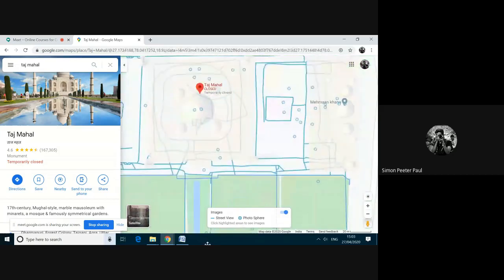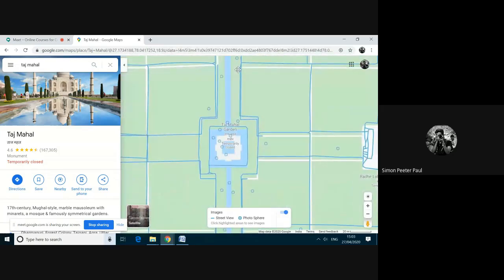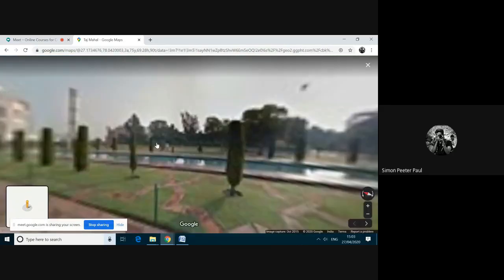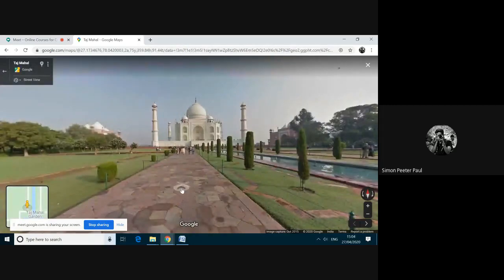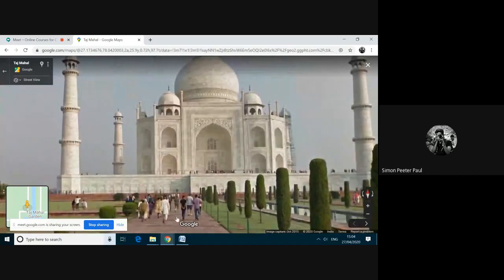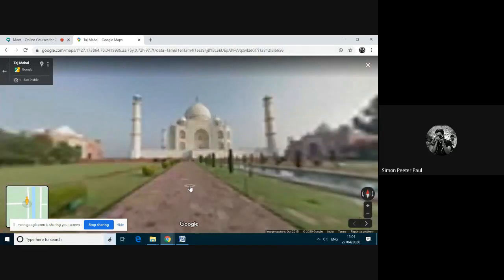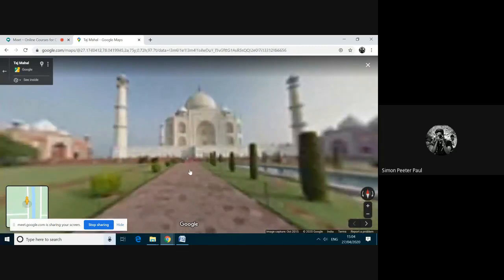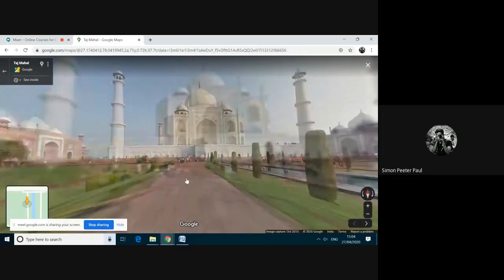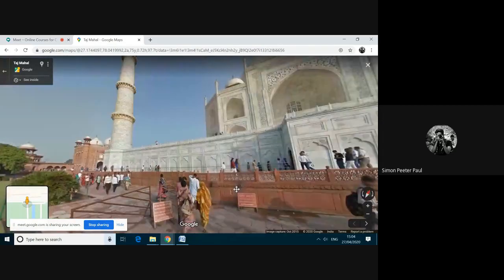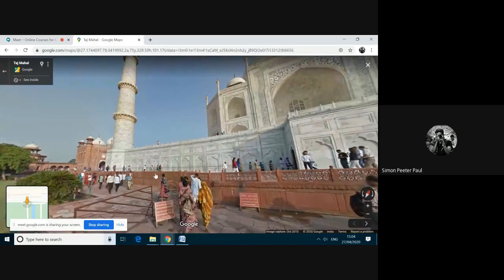I don't know where it is. This one. Okay, let me go here. Click here. Okay, this is the Taj Mahal. You can go inside the Taj Mahal. I'm going. I'm walking. Let's walk on the Taj Mahal. Okay, let me move.